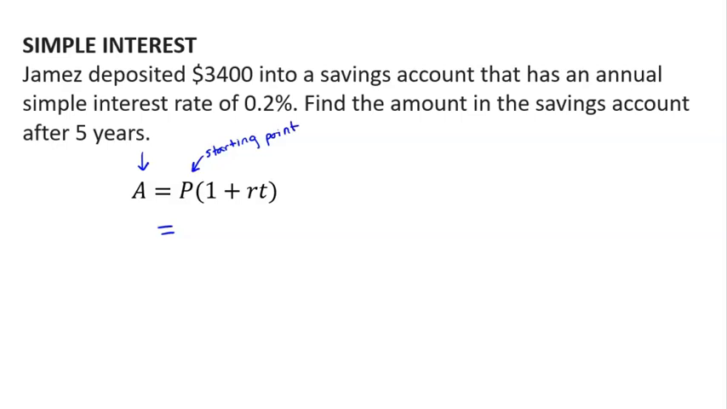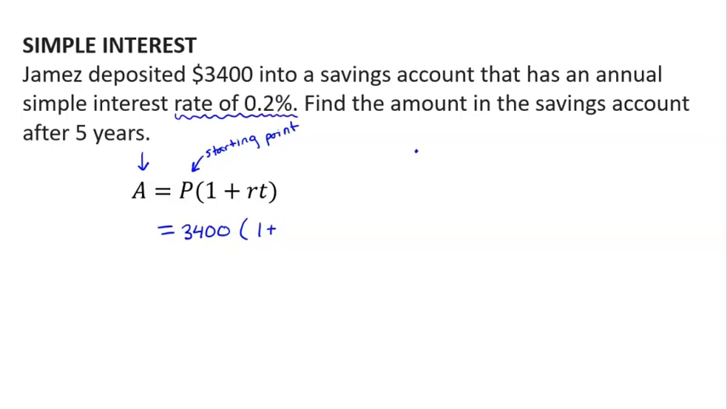And so he started out with $3,400 in the account. Now, the reason why there's a 1 there is because he's still going to keep that 3,400. So we still want to multiply that 3,400 by 1, and then we're adding on that rate times the time. So that's going to be 1 plus, and then remember, when we talk about that rate,